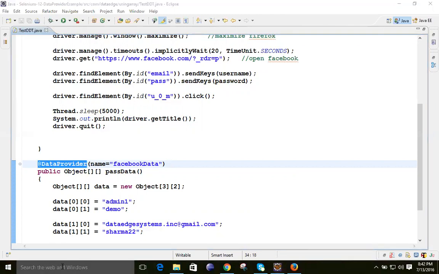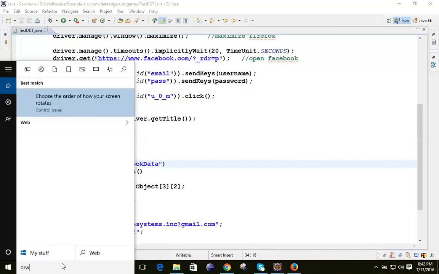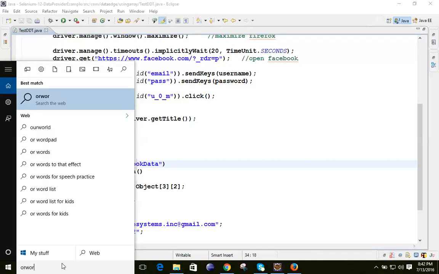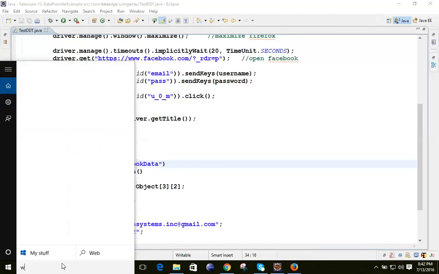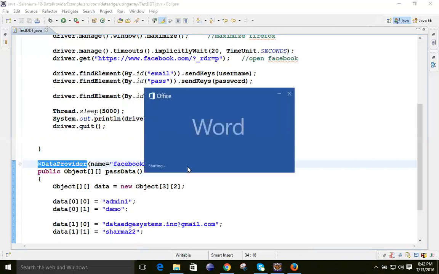If there is a correct credential, it will log in; otherwise it will not log in. But in a single test script, we are going to execute multiple combinations, not logging in again and again with the credentials. For this purpose, we are taking the help of the annotation known as DataProvider.